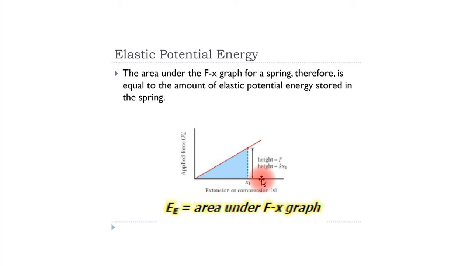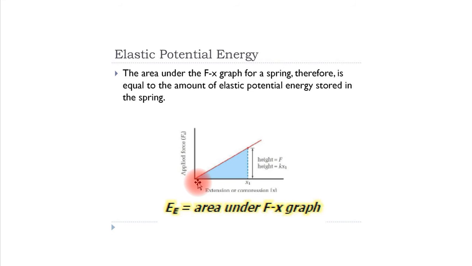This is the stretch or extension, and this is the force. Along this direction we have only x, and along this direction we have F is equal to kx. So the area under the F-x graph, where F means force and x means distance, along this is F is equal to kx. So along this kx, along this x, and if we want to find the area under the graph,